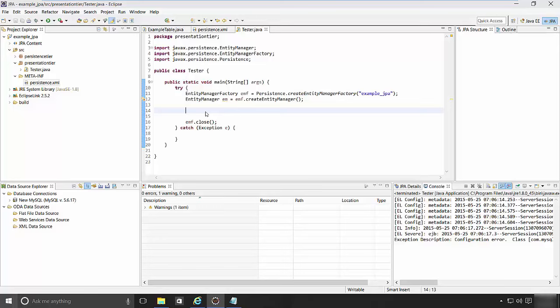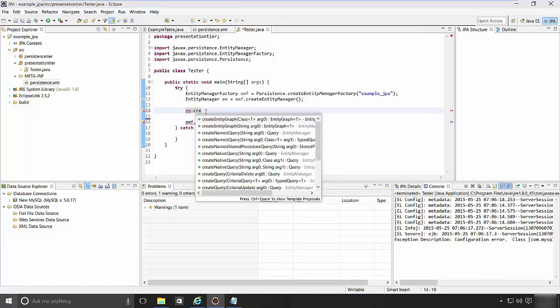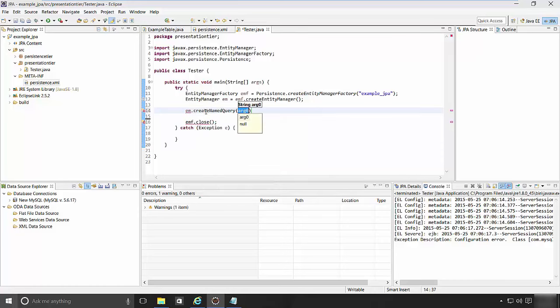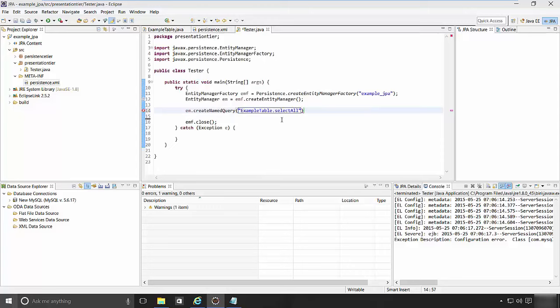Now we are going to use the named query that we created in the class example table. So let's do this. Create named query. We can just give the name, or we can also pass the name of the class as a second parameter. The name of the named query is the one that we gave in the previous video, and we can also